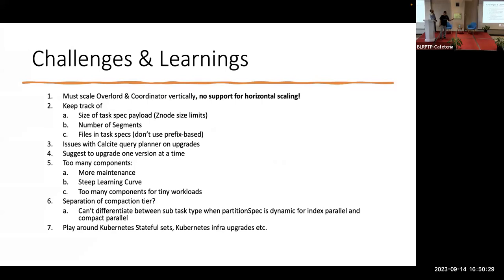So these are some challenges and learnings we've had over the last 3 years of running Druid in production. When I introduced Druid as Druid 101, I said the components in the architecture that you saw are horizontally scalable for the most part. Well, the catch is there are a couple of them which we have had to scale vertically. In our case, probably also because we use Postgres. But in the next talk, Kashif will talk about how to do better there so that this doesn't become a bottleneck.